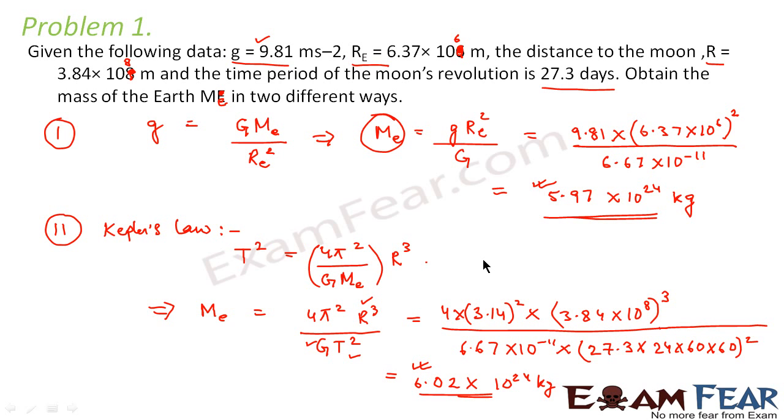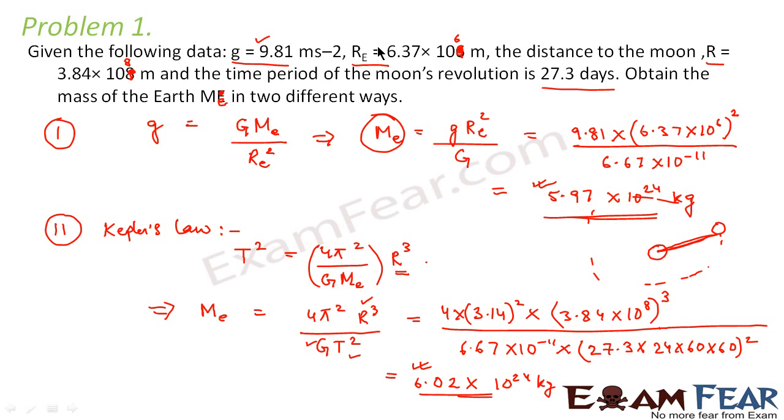Just to make a note of this point, in this case, R_e is nothing but the radius of the earth. But in this case, what is r? This r is the radius of the circular path. That means this radius would mean the distance between earth and the moon, because the circular path means the circular path which the moon adopts. That means it would mean the distance between moon and the earth. So here r is the distance to the moon and here R_e is nothing but the radius of the earth.